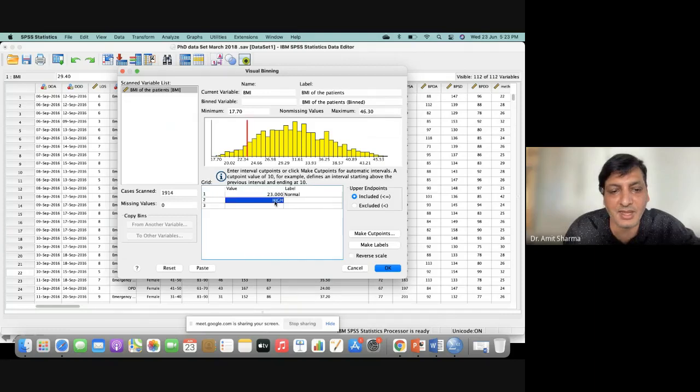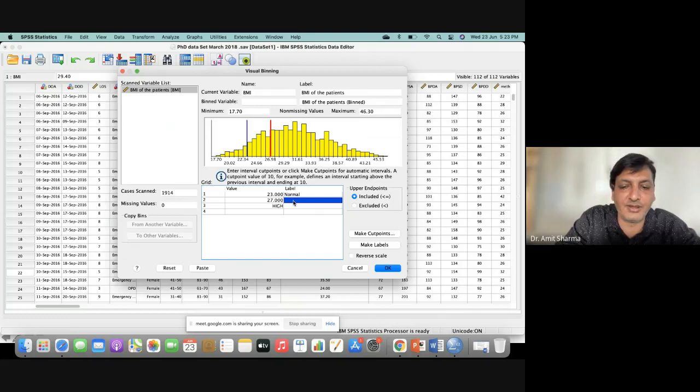Clear? And here I can write 27 will be called overweight. And if I keep the last one high, it will be considered high from 27 to 46.30. If you want to keep it like this, 3 groups will be made, no issue, because the minimum and maximum will be considered 17.70 and 46.30.